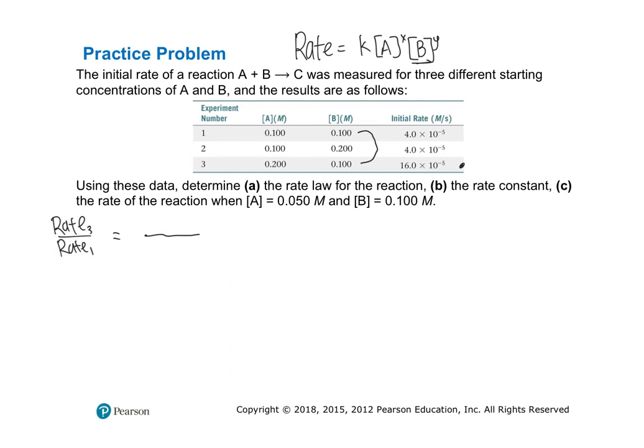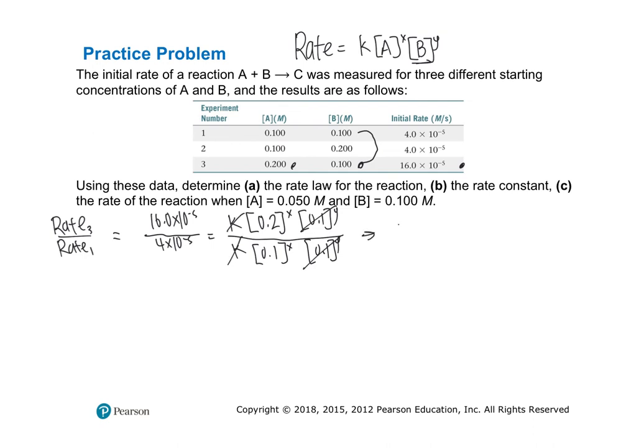So I'll have 16.0 times 10 to the negative 5th divided by 4 times 10 to the negative 5th equals K divided by K. And then I have A at 0.2 to the X divided by 0.1 to the X, and then I have 0.1 for B to the Y over 0.1 to the Y. I'm not going to do that for the next one, but I just want to show you those cancel, K's cancel. So then I end up getting 4,